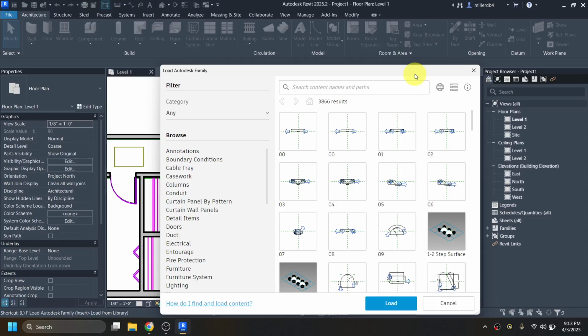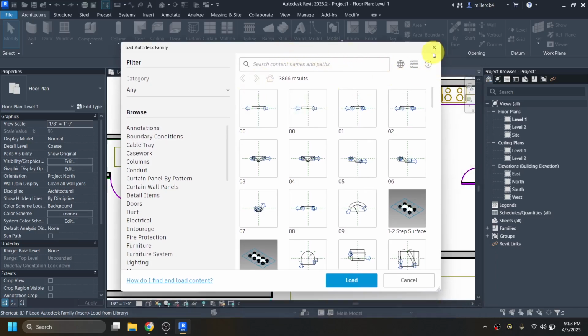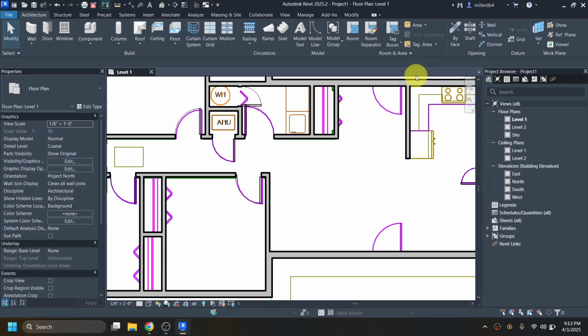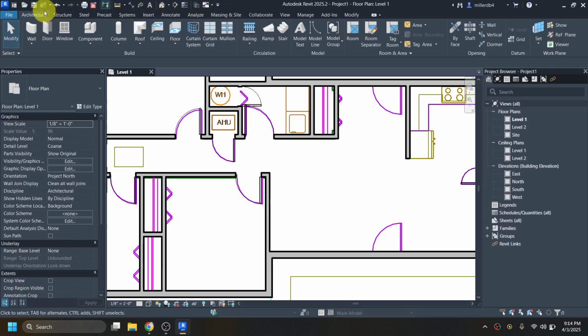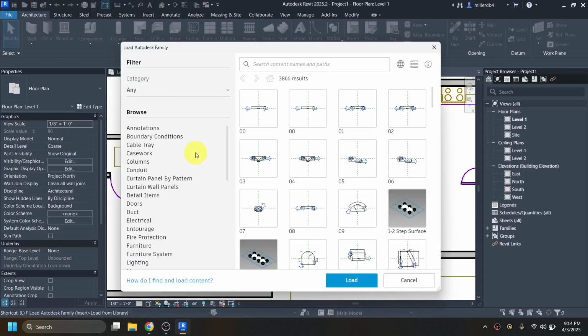You need to be in an Autodesk account in order to access this tool here. If you don't want to use my keyboard shortcuts to get to load Autodesk Family, you're going to go into the Insert tab and click on this button here. But it's kind of annoying to have to go back and forth. So that's why I recommend making a keyboard shortcut for it of LF, which if you installed my keyboard shortcuts,